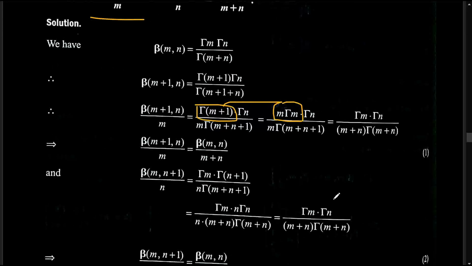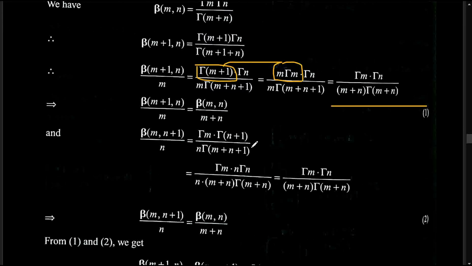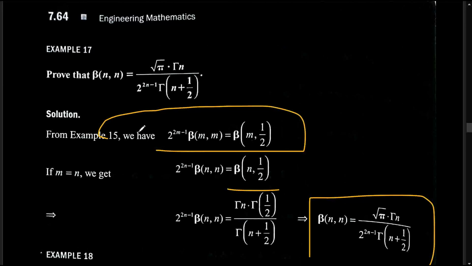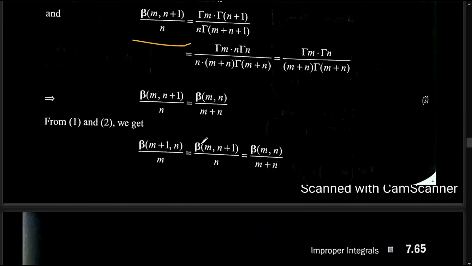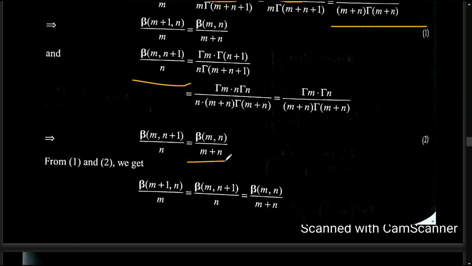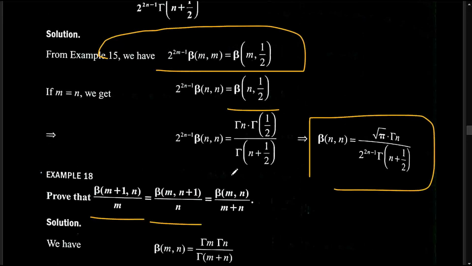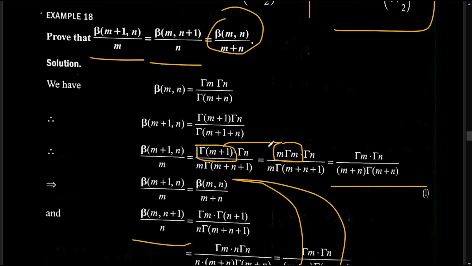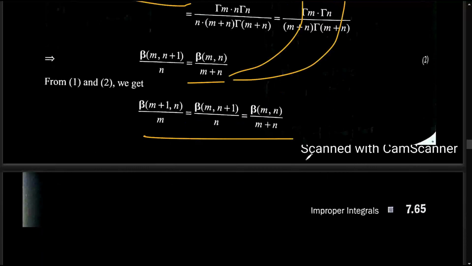Okay, so by this we are cancelling the m, and we get this. The second one is nothing but this one, and again the same thing, we are substituting and simplifying. We get this, the same one, and these two are nothing but the desired result. We have to prove that. So that's it, simple, easy.